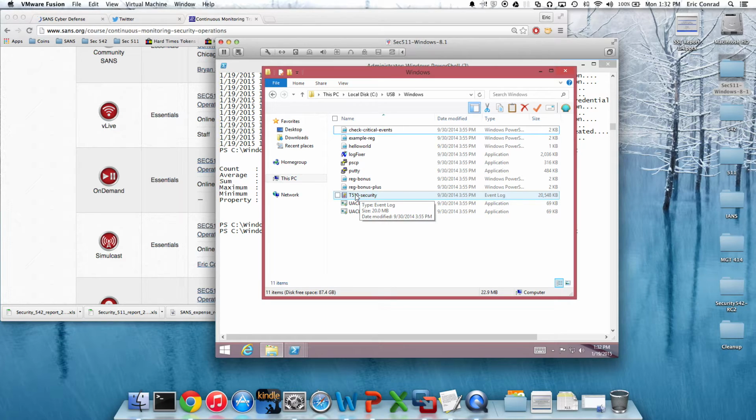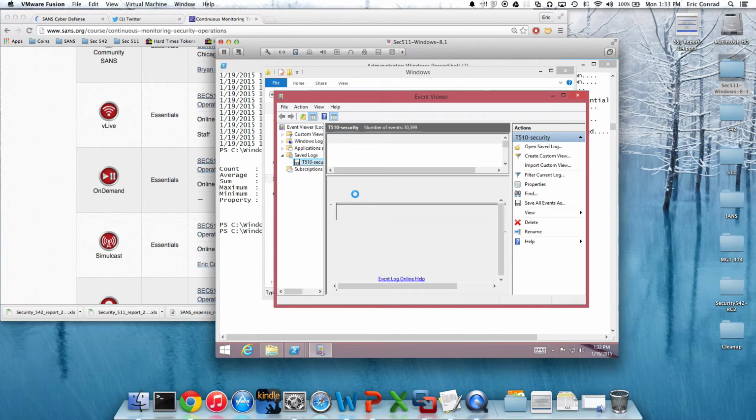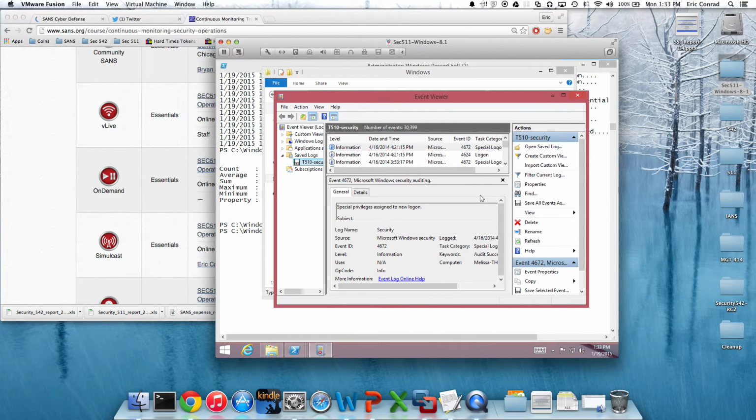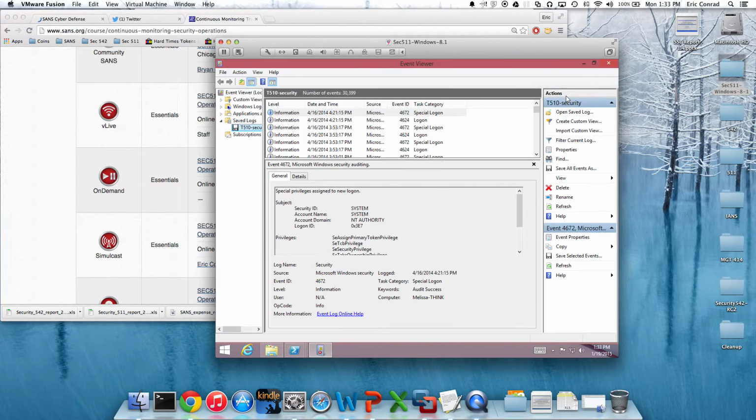And this log is a real log. It came from my lab laptops, formerly my wife's desktop/laptop. Then she outgrew that and went to a Mac. I used it for labs and demos and classes and whatnot. And I thought it'd be a good test of long tail analysis. So I'm going to open it up, and it's got tons of events in here, 30,399 events. And if I ask a junior staff member, or really almost anyone who's not trained in these concepts,